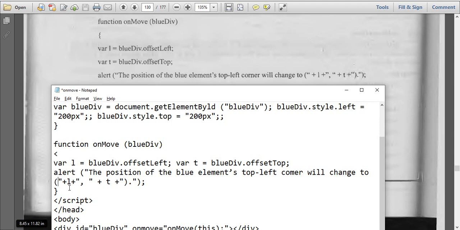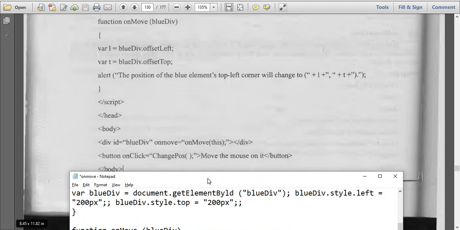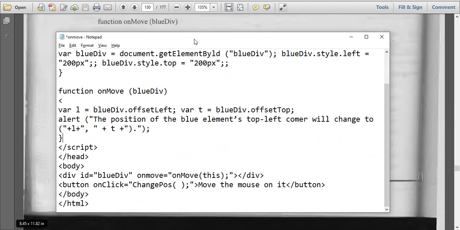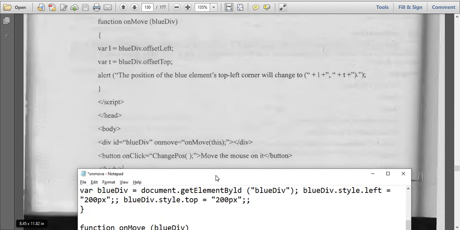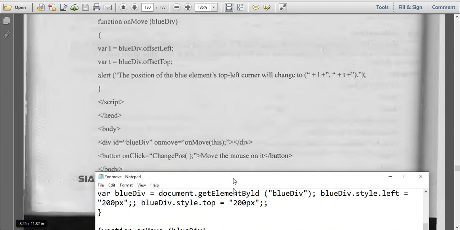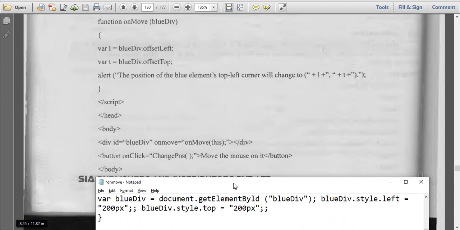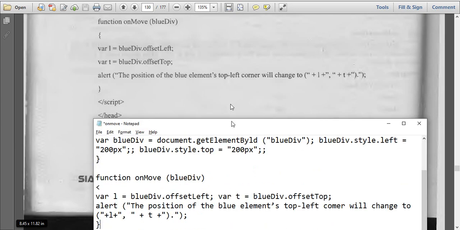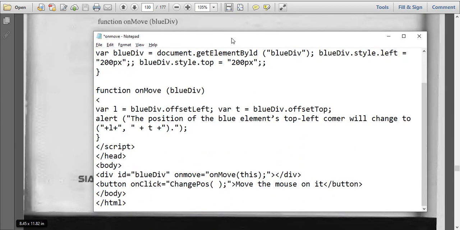Function on move, blue division, on move of this. Okay, everything is done correctly. Division close. Button on click, the change POS function has to execute.